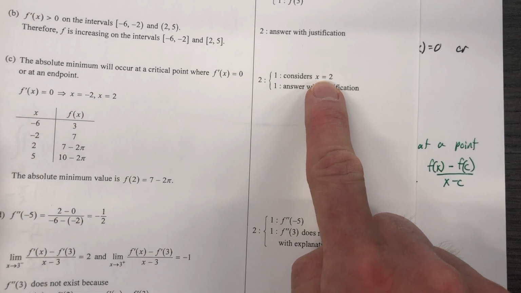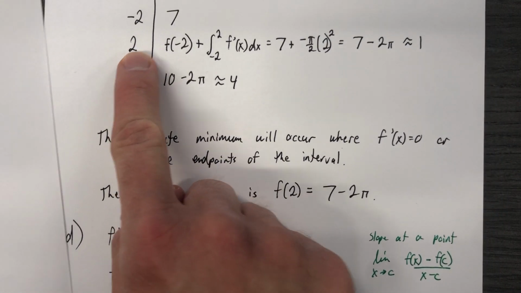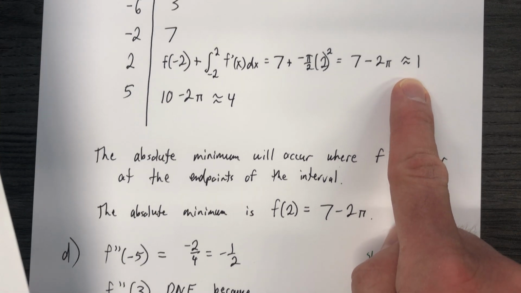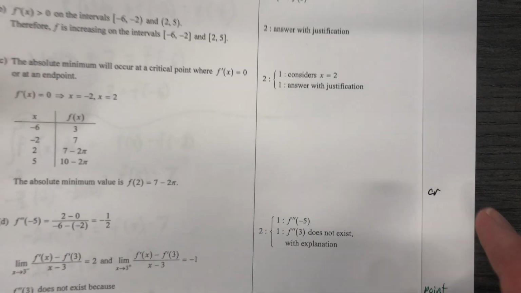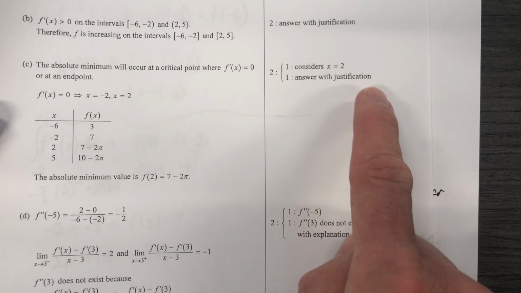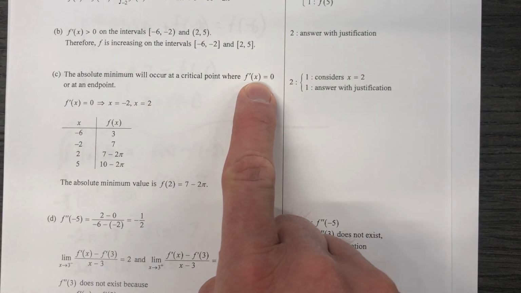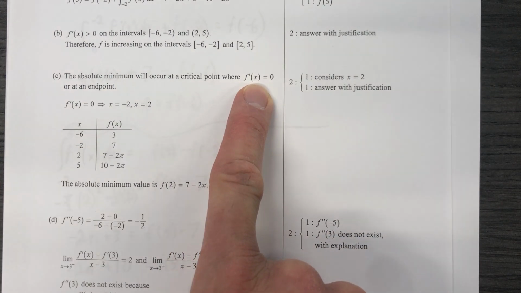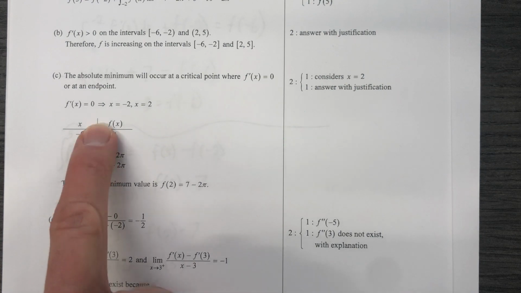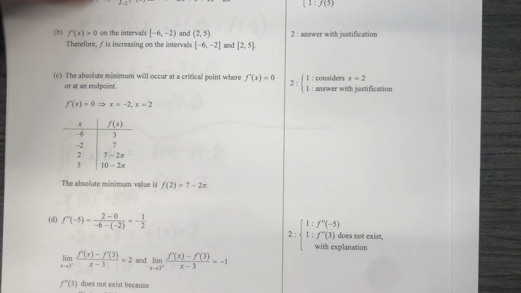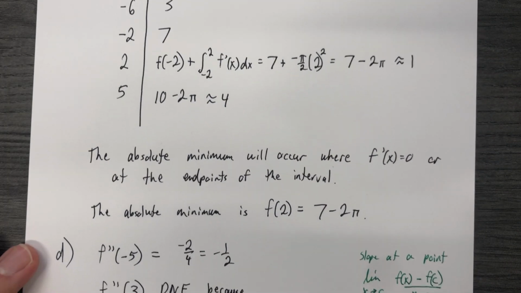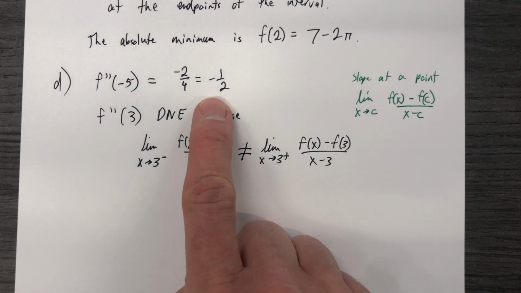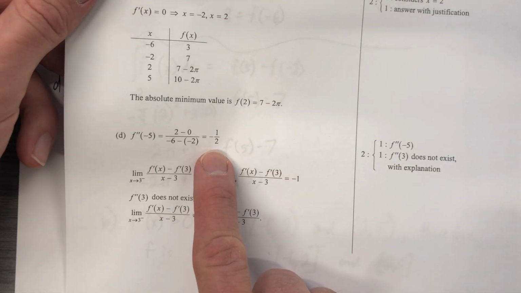Consider x equals 2. Hey, we considered x equals 2. We got it to be about 1. They never said it about equaled 1. I did. They didn't. That's okay. And answer with the justification. That justification needs to involve this, where I'm pointing, and this as well. And also, this table is going to come in very handy. And we did that a lot in class. Okay. So we just earned both points there, and then last part we get f of -5, which is -1/2,